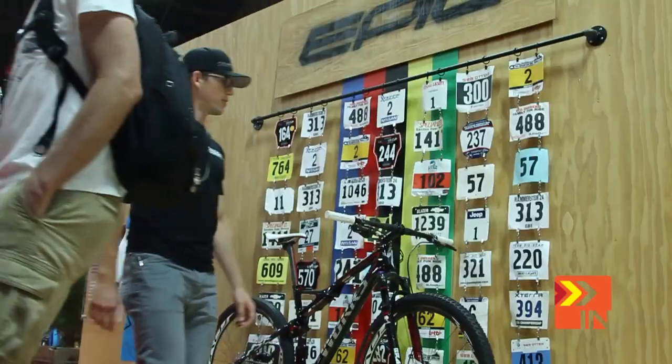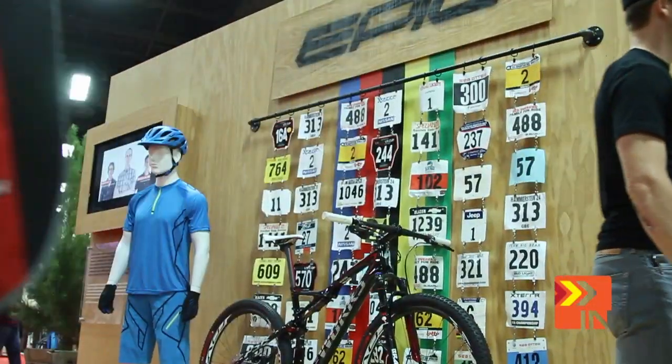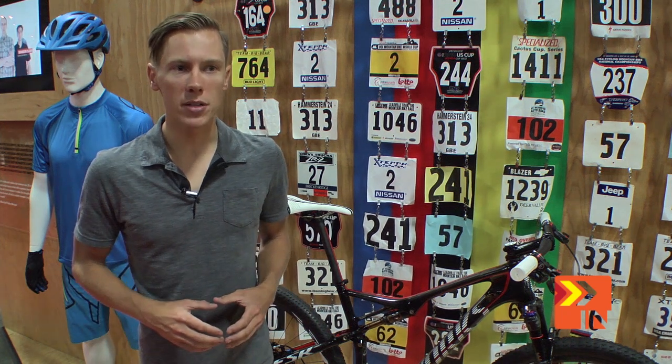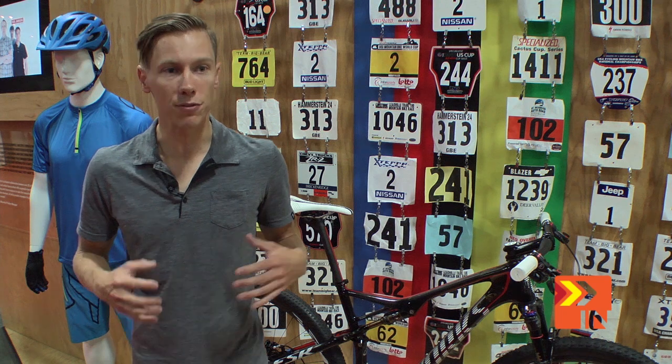Already one of the most winning platforms in the cross-country world, the Specialized Epic has been around for a while. This is a bike that came to the market years ago, developing new suspension technology to make sure that a rider riding a full suspension bike wouldn't suffer from any power loss. Guys that were on hardtails for years came over to this platform and seamlessly realized that not only do they get the efficiency of rear suspension, but they've got that stiffness, that snap, that acceleration that they've always wanted from